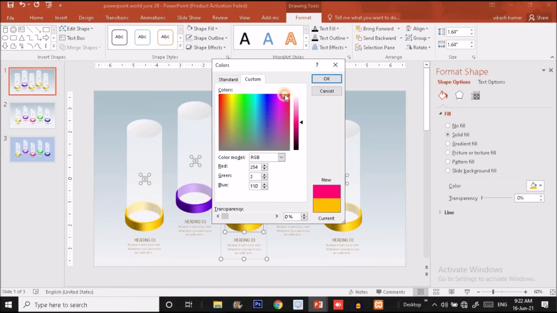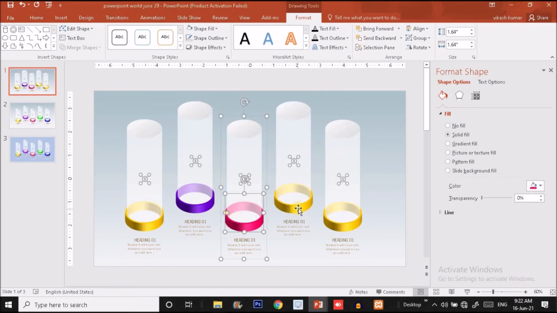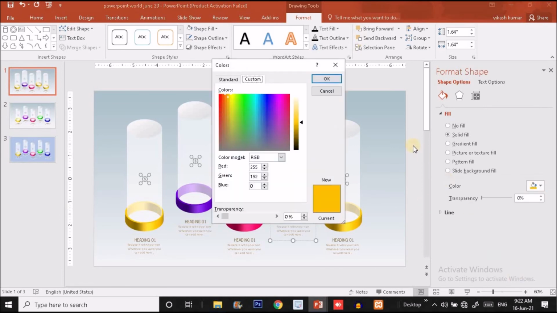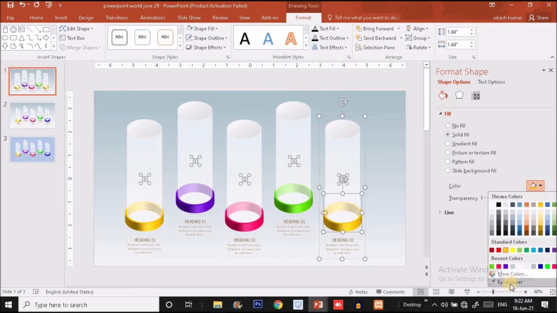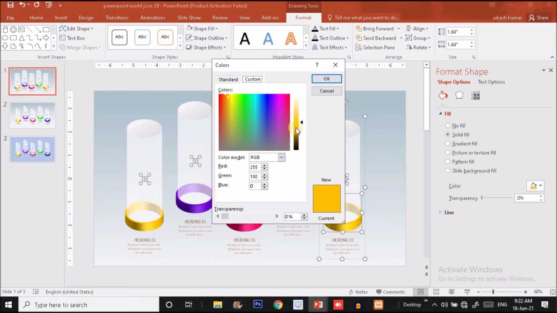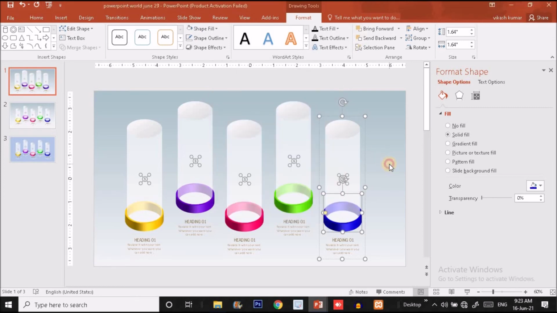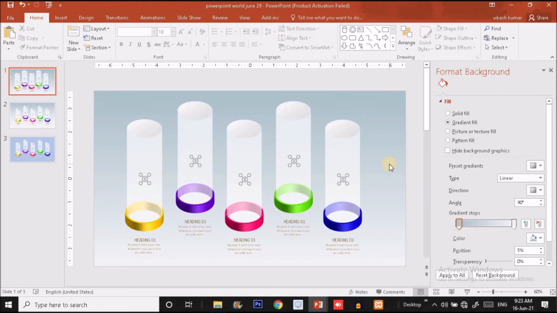So I'm going to use this pink color for this shape, and for this I will use a green color, like this green color. And for this ring base, I think we should use some blue color, this darker blue color like this. Okay, got it, guys?